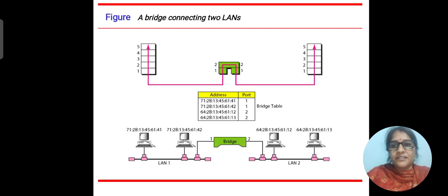So let's understand a bridge connecting two LANs. In this slide, we have two LAN connections. That is, the two LANs are connected by a bridge. If a frame destined for a station with address 712813456141 arrives at port 1,